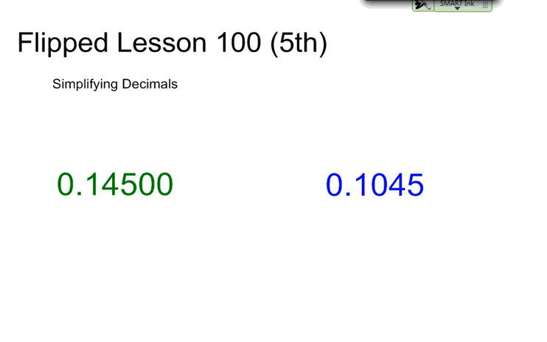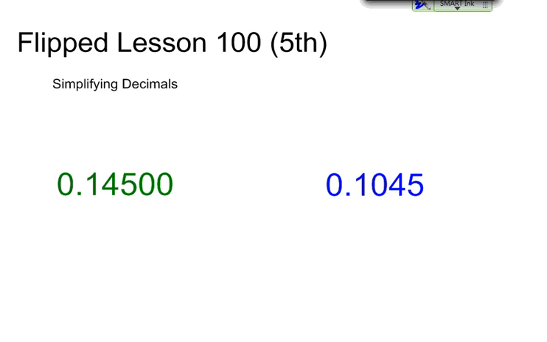Today we want to look at the idea of simplifying decimals. Sometimes when you get an answer or you find a product or whatever it is, you end up with zeros in the problem. The question we want to ask today is, are those zeros needed? Do we really need them in the problem, or can we eliminate them? By eliminating them, it's like we're hiding them because they're not significant to understand that number. For example, we look at the number